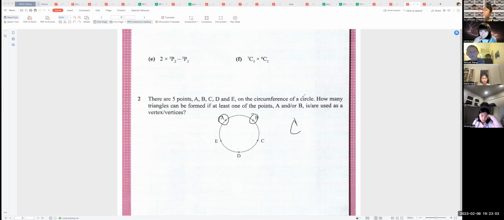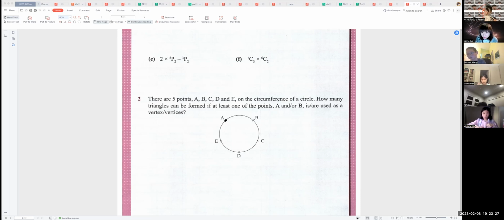What does it mean? 就是说，要么 A 有，要么 B 有，或者 A、B 都有。Get it, everybody? OK，那我们来看看，如果 A、B 都用了，那我们是不是只能1个、2个和3个？是不是？